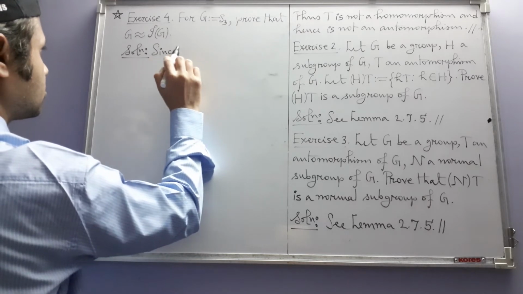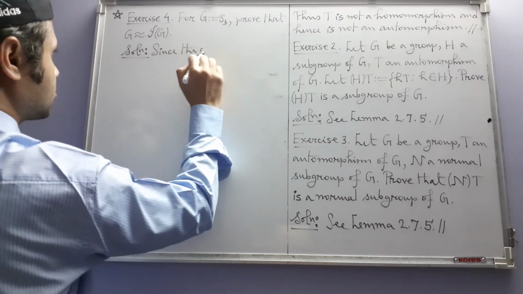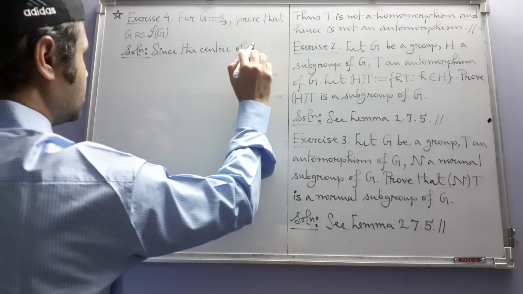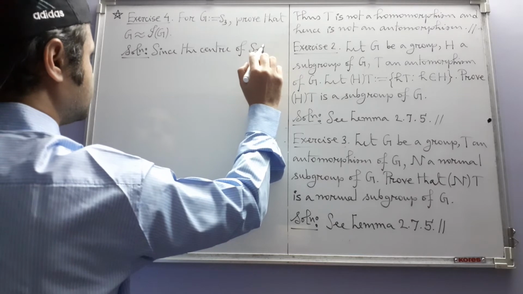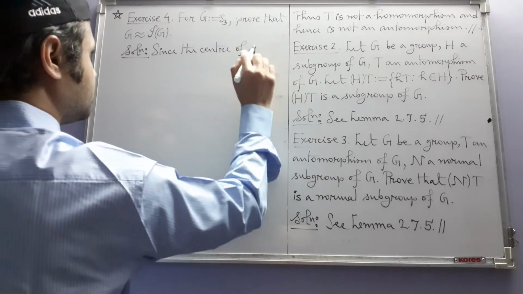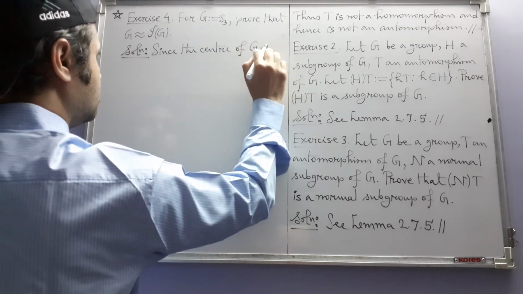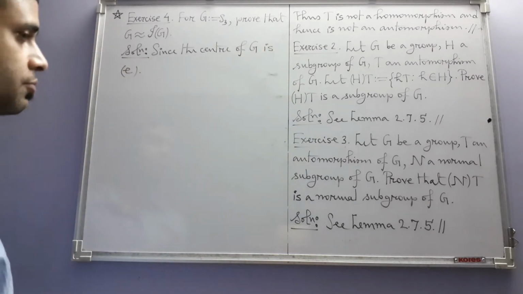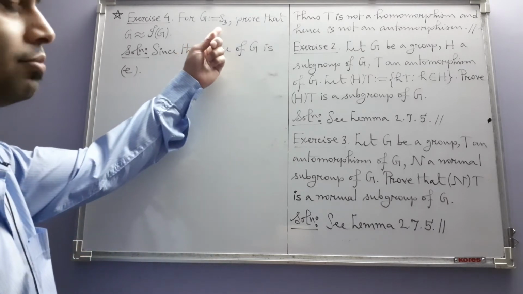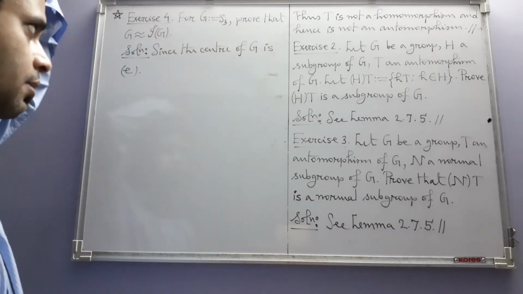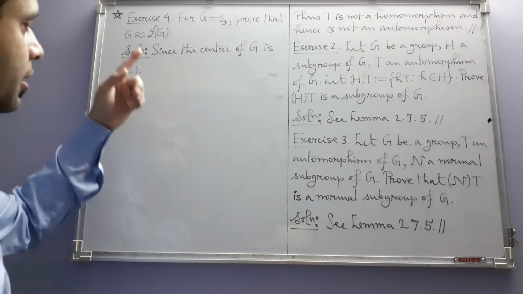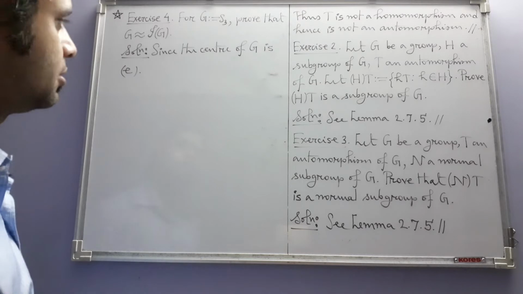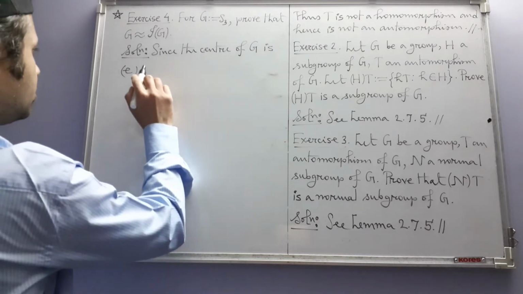Since the center of S3, or let us write G itself, G is the trivial group, which you can verify. The center of S3 is the trivial group. There is no element in S3 other than the identity that commutes with all the elements of S3. So the center is trivial, hence